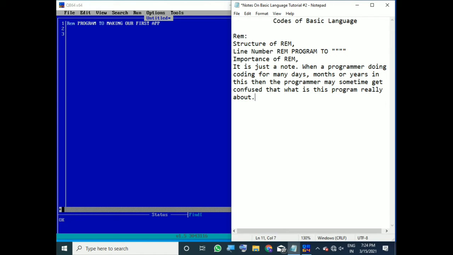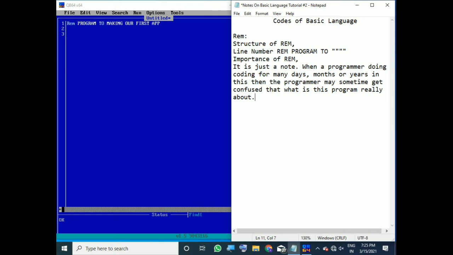The programmer is typing or doing coding for many days, doing many codings at a time, and when he opens something, he might get confused about what this program is for. If he forgets to give the name, or suppose the name of this QBasic file is Untitled, then what will happen?